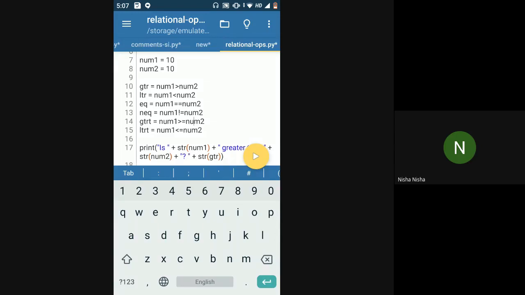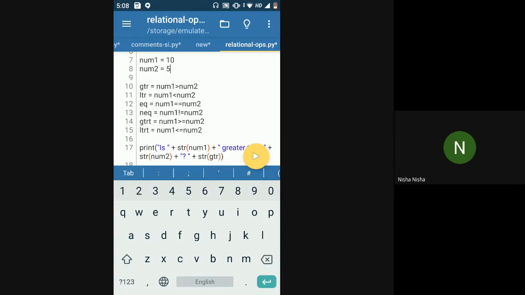In the earlier case, when we had 5 as the second number, 10 is greater than 5, so line number 14 was also true. The operator at line number 14 checks if the first operand is greater than or equal to the second operand. It can either be greater than the second operand or equal to it.